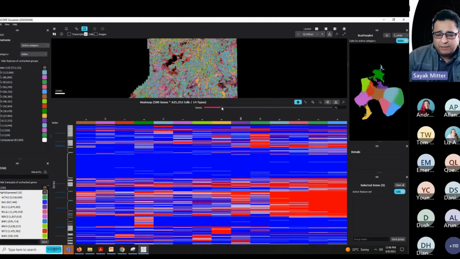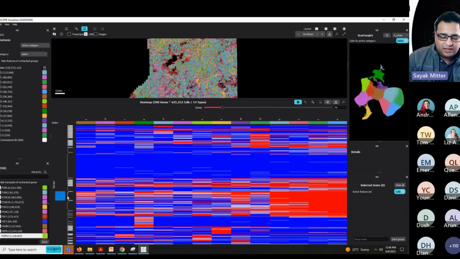You can actually play with the slider on top here when you have the display on hierarchical methods. So right now, if you have all the 550 genes, if you start to draw more of this clustering, you can start to see how the dendrograms are starting to draw out and cluster these genes together. So for example, this cluster here seems to be very highly expressed in clusters 0, 3, 2, and 4, and you can then right click on that cluster,